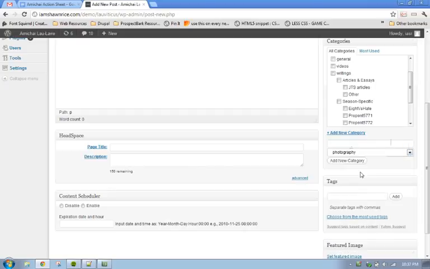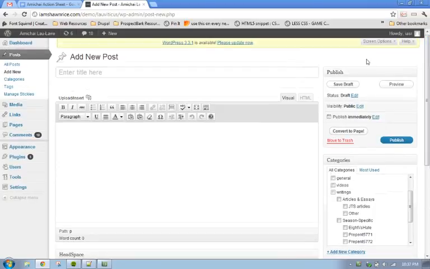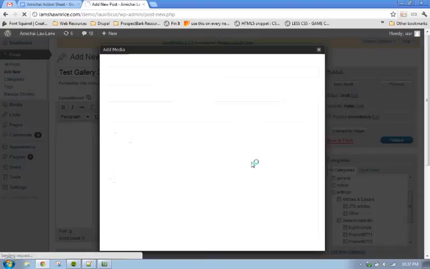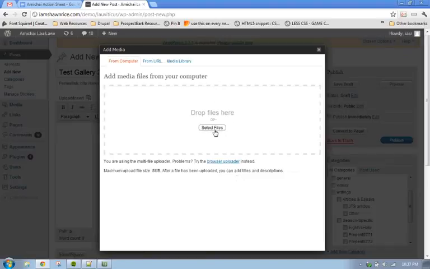So for demonstration purposes, we are going to walk through the process of creating a new photo gallery. For the most part, it's identical to any other post. We're going to go ahead and say test gallery, and I think we're going to say number 2, just because I like the number 2. Just like as if you were inserting a single image, we're going to go to the upload/insert button, and we are going to choose select files,